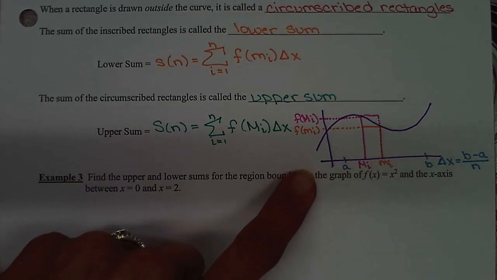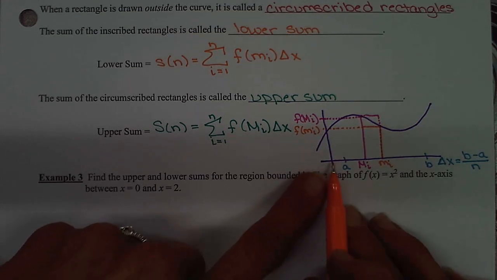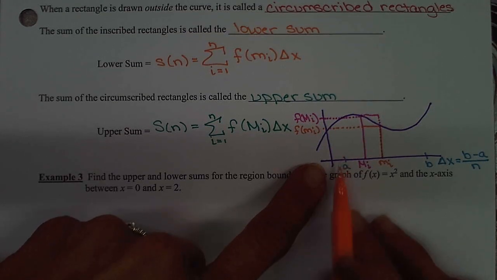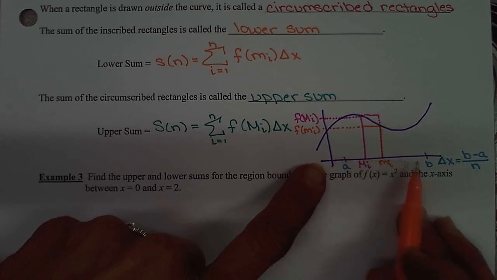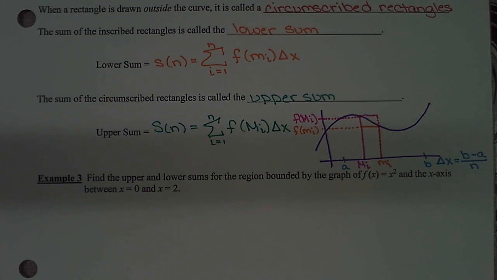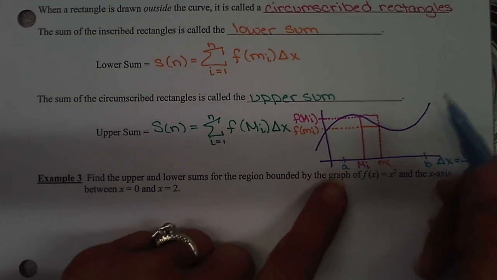Now, the other thing I want to point out is that whenever we are figuring these things, when we did them on the example last class, we started at 0. And the thing is that you're not always going to start at 0. Like this one, we actually were starting our rectangles at this value of A and running out to this value here of B. So whenever you are figuring these things and it doesn't simply start at 0, what you're going to want to do is, in order to find our,